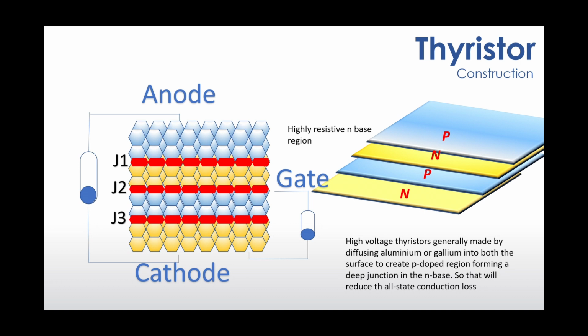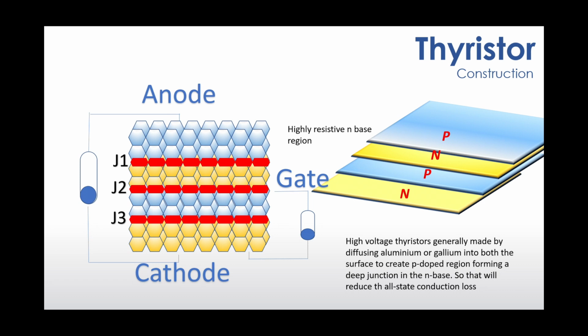Silicon itself is not a great conductor, so we have to have some p and n-type material inside it. In high power semiconductors, this n-base region is highly resistive. Why do we have to make it highly resistive? Because we have to block a lot of forward voltage when it is connected. We will come to know in the next few minutes what these forward voltages are. When you apply forward voltage, it has the responsibility to block it. But if we make it highly resistive, there will be high conduction losses.